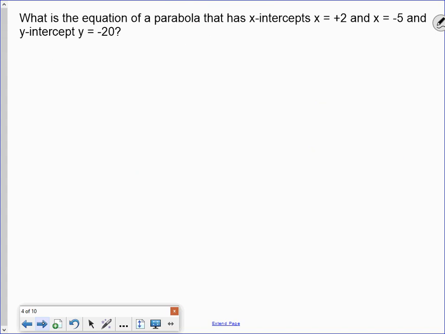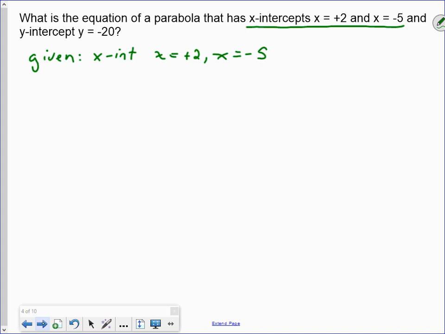What is the equation of a parabola that has x-intercepts x equals positive 2 and x equals negative 5, and y-intercept y equals negative 20? All right, let's look at what we are given. We are given our two x-intercepts. X equals positive 2, x equals negative 5. And we are given our y-intercept, okay, y equals negative 20, which as a point is going to be 0, negative 20,